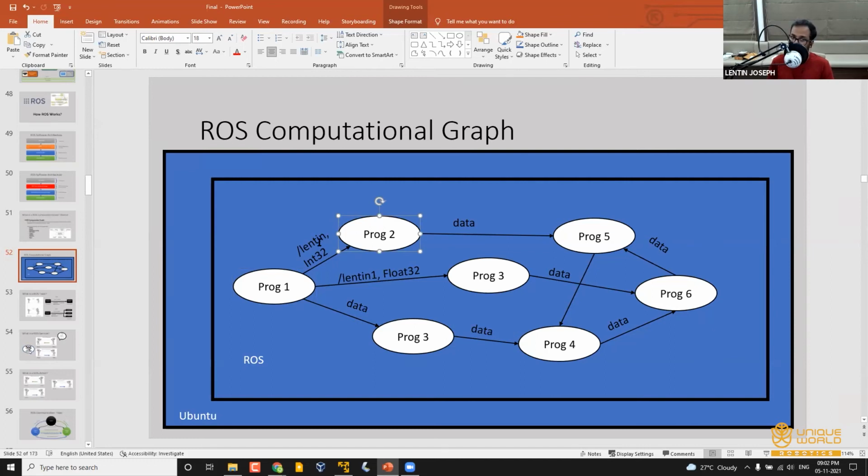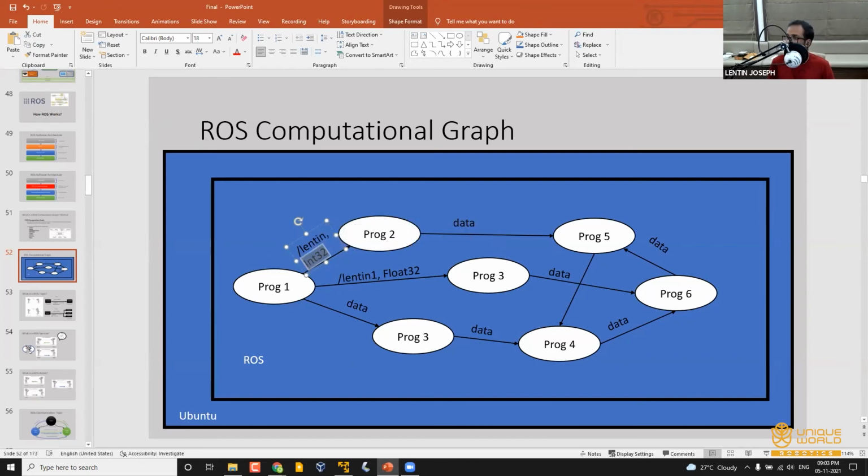For a ROS topic, there will be a name for each data bus. You can create a data bus and give it a name. For example, here the name of the data bus is Lentin, and the type of data flowing through it is an integer.